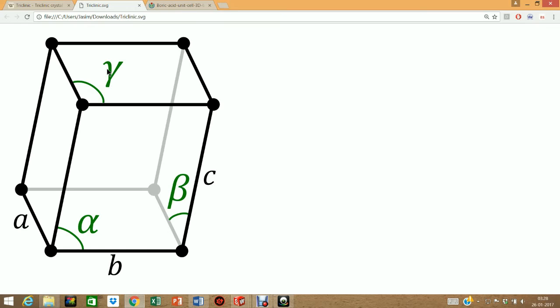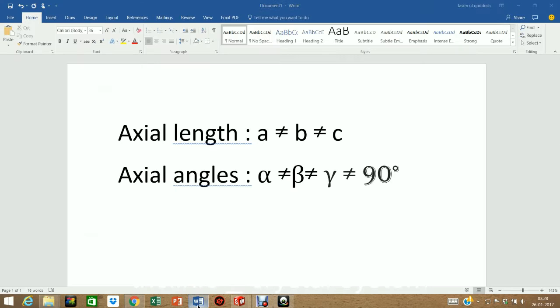So when we say triclinic lattices, the two things which we must remember are axial length, where A is not equal to B, B is not equal to C, and axial angle, alpha not equal to beta not equal to gamma, which are all not equal to 90 degrees. So based on this, a small example,